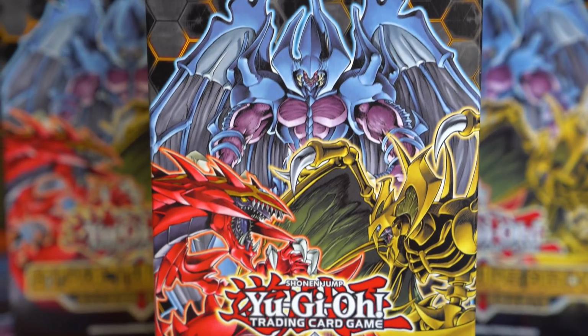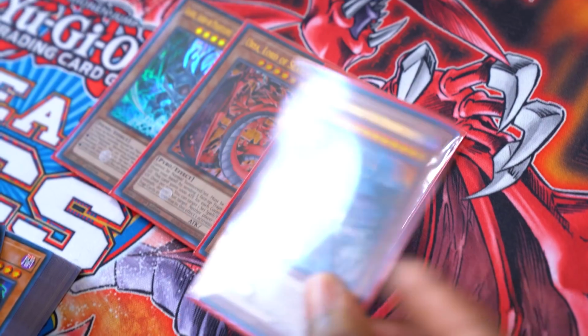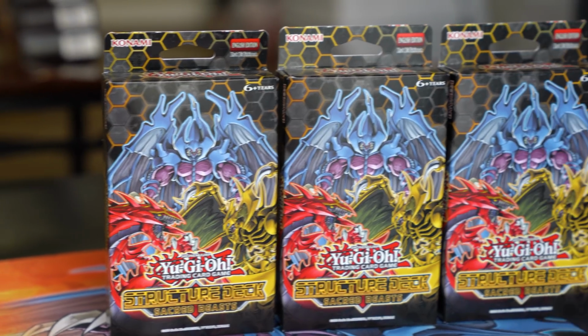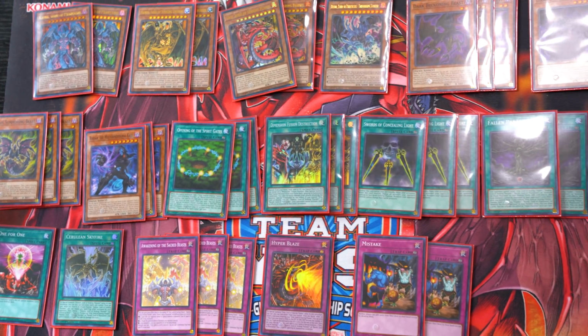Today, we have a very special video for you guys. We got our hands on Structure Deck: Sacred Beasts. This deck uses the Sacred Beasts from Yu-Gi-Oh! GX, Uria, Hamon, and Raviel all together in one deck for the first time. We're gonna take 3 of these bad boys, put them together and construct the best 40 card deck that we can,